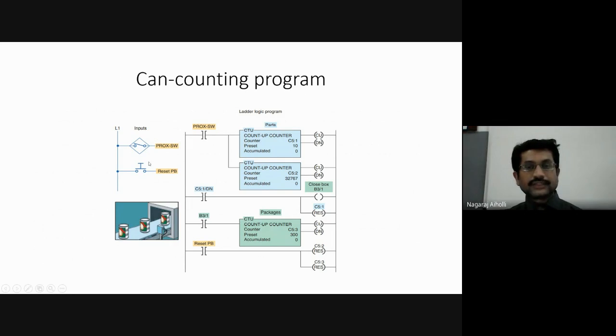Any difficulty here, students, in this program? I hope everybody understood this, the second program. Is it clear, students? Any questions? Any doubts?